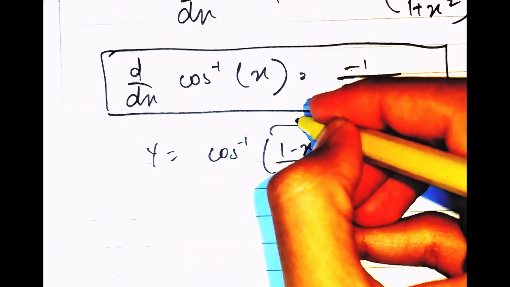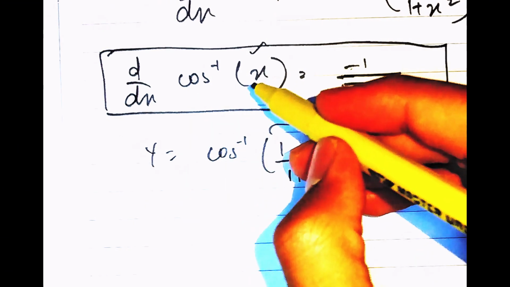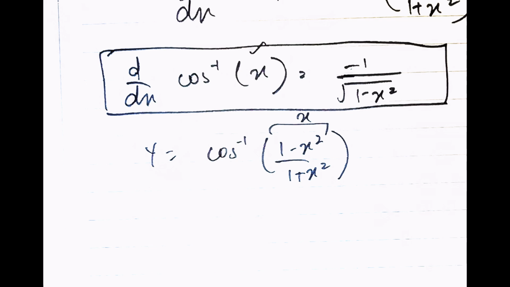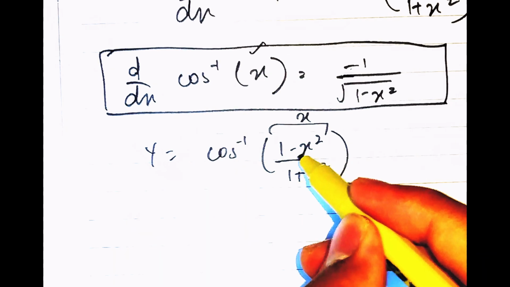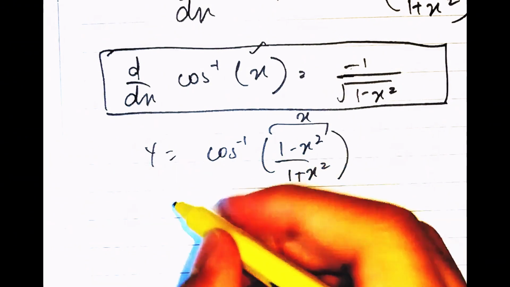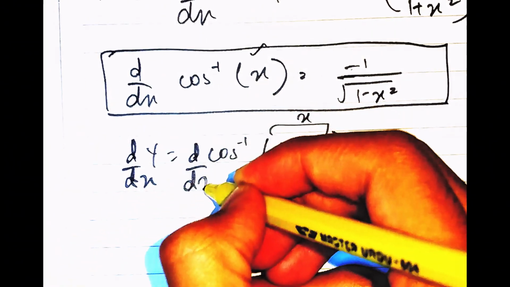Okay, so this is my x right over here. In the original formula, we had cos inverse x. Okay, and you can access this formula from the PDF of the drive link given in the description below. Okay, so we have derivative of cos inverse x is actually equal to negative 1 divided by root of 1 minus x squared, right? Over here, instead of having x, we have 1 minus x squared divided by 1 plus x squared. So if we apply the differentials on both sides of this equation, d by dx,